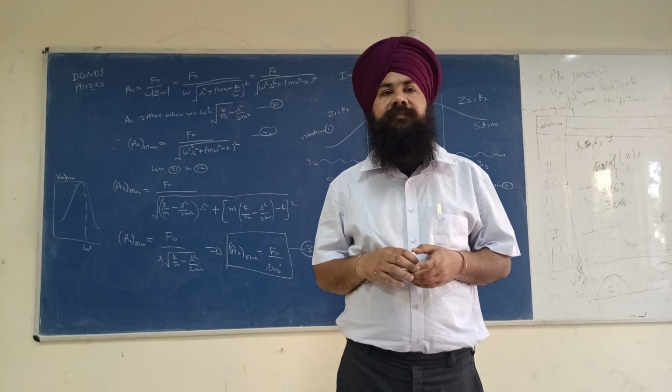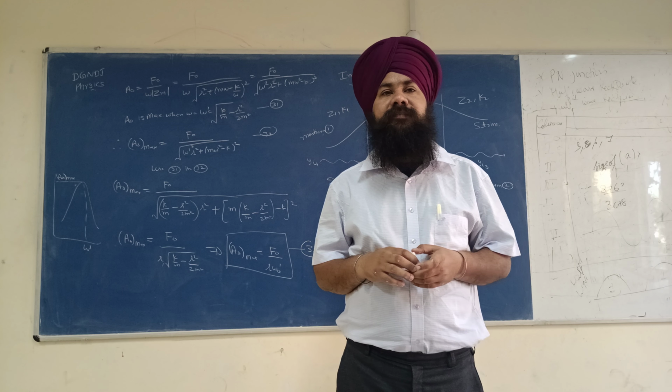So I am using omega equal to omega prime. I have replaced omega by, first of all, taking this omega inside the square root. Inside the square root it becomes omega square. I have taken the LCM, and this omega square will cancel with the omega square inside the square root. So we are getting this expression.